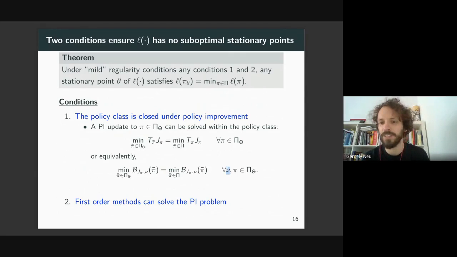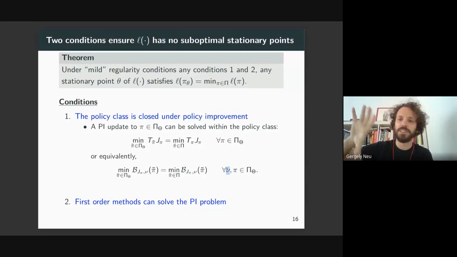So how much of this can you relax? Maybe is it enough for this to hold in the initial policy that you're starting from, and from that point on, you're always going to be improving, and under some distribution, for example, like the stationary distribution of the optimal policy or something? Got it.